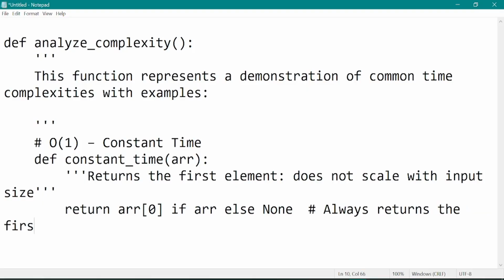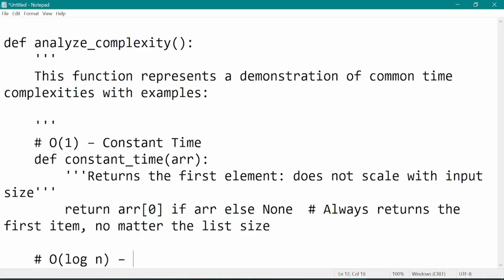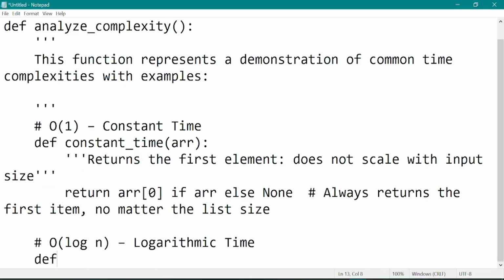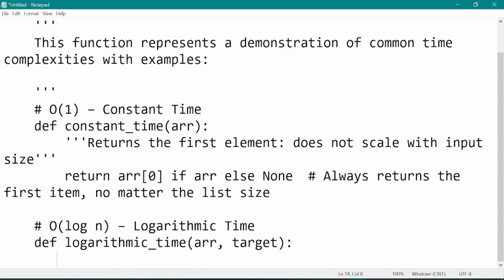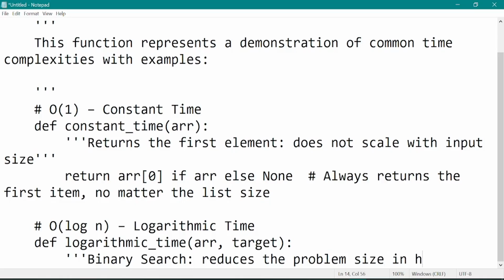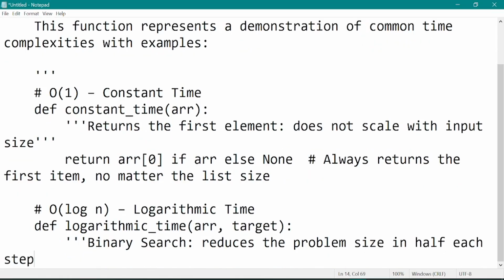So which means I always return the first item, no matter the list size. And we can have O(log n) notation example, that is logarithmic time. So we have a function def logarithmic_time with array and target arguments. So this is a binary search that reduces the problem size in half each